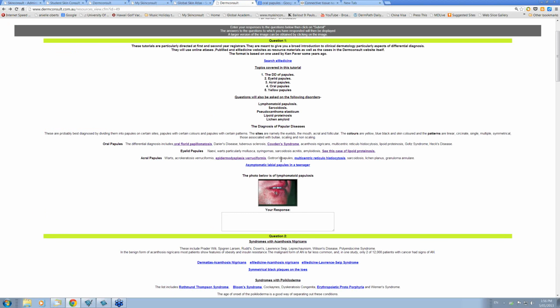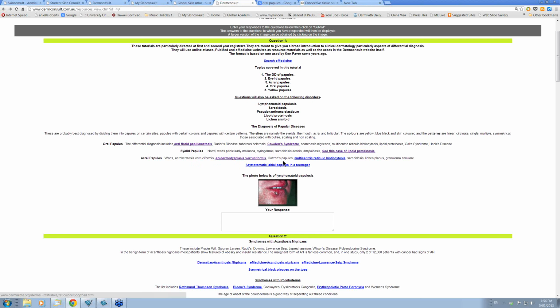Gottron's papules. They're the sort of violaceous papules that you're going to see on the backs of the hands over the interphalangeal and MP joints in a patient who has dermatomyositis. As well as having Gottron's papules, they should also have the ragged cuticles, so have a good look there with your dermatoscope and look at the nature of the vessels along that posterior fold